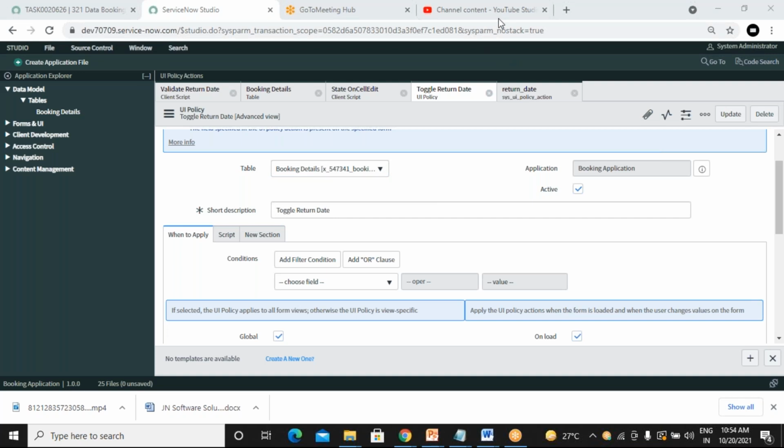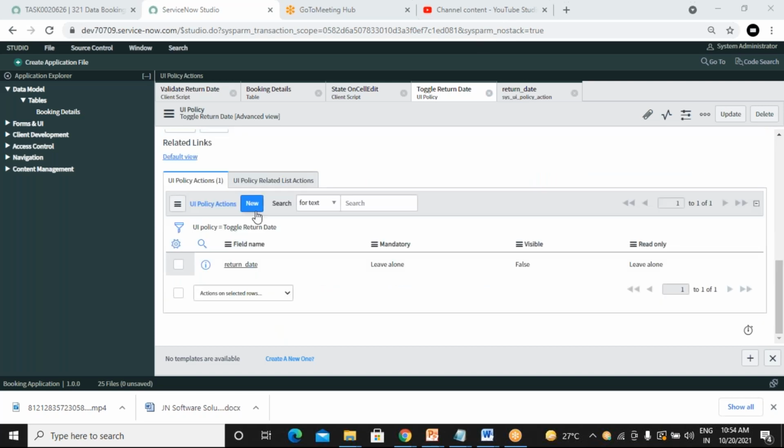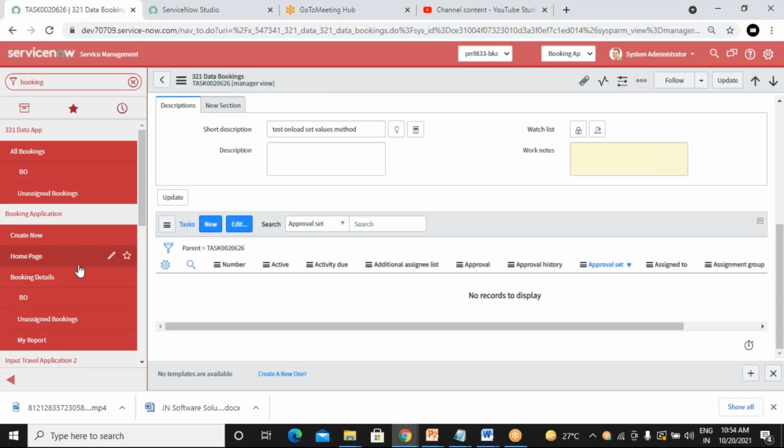We can add one more action, right? A UI policy action for like start date, something like that? Yeah, definitely you can do that. You can do other field validations by using this new button. You can add one more. Okay, once we are done with this,